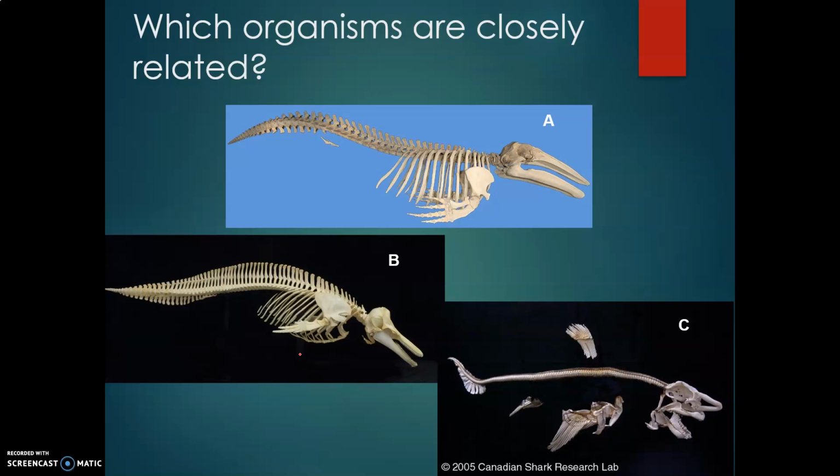Which organisms are closely related together? A to B, A to C, B to C. Which two are most closely related? And you're just looking at their bone structures. Go ahead, what do you think? A and B, okay? And when we think about it, a whale and a dolphin have more things in common